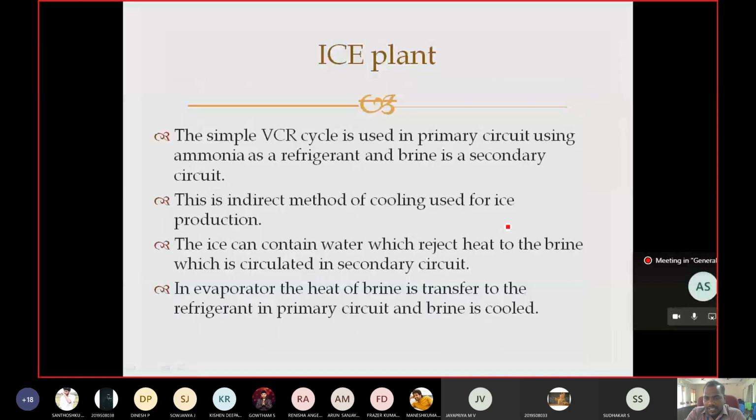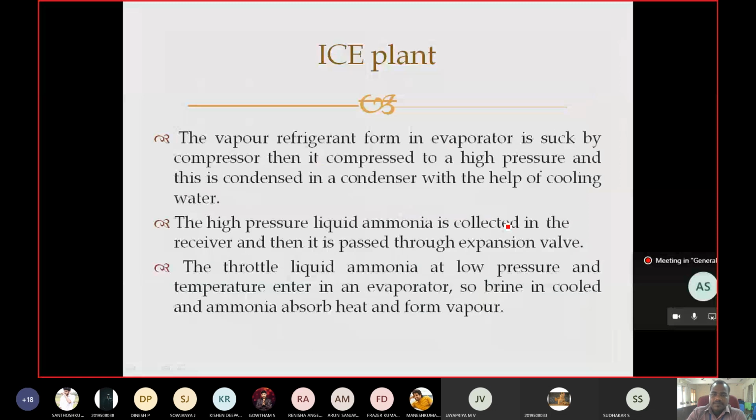Then we get the natural cooling of air, right? Then the high pressure liquid ammonia is collected in the receiver, and then it is passed through the expansion valve, like what we discussed in our previous case. The throttled liquid ammonia at a low pressure and temperature enters our evaporator. So brine is cooled and ammonia absorbs heat from vapor, right? So just the latent heat, the coolingness of the primary medium, is transferred to the secondary circuit. Then with the use of this cooling, we can get the ice,